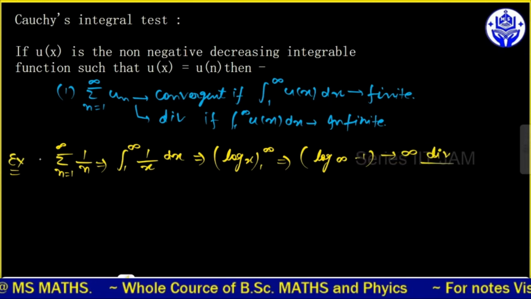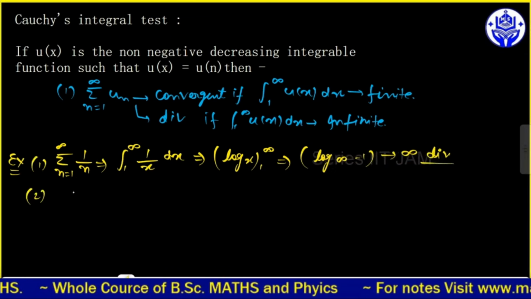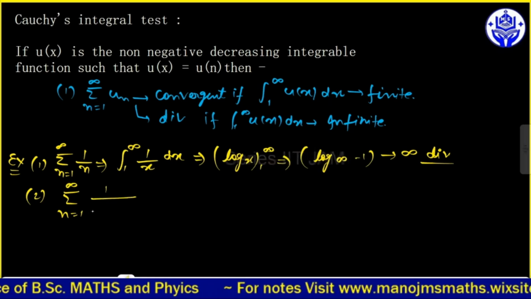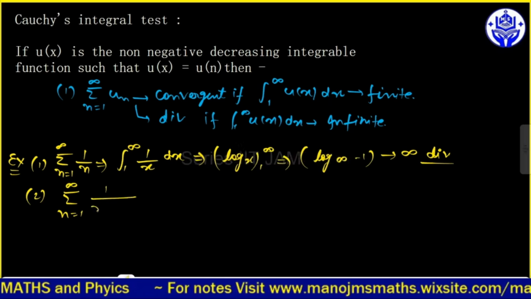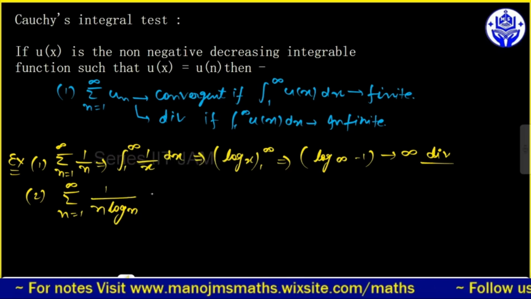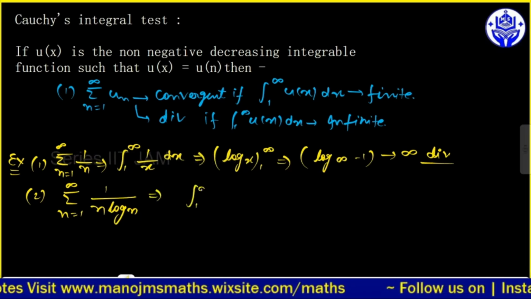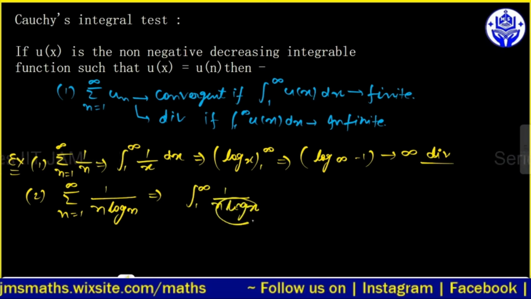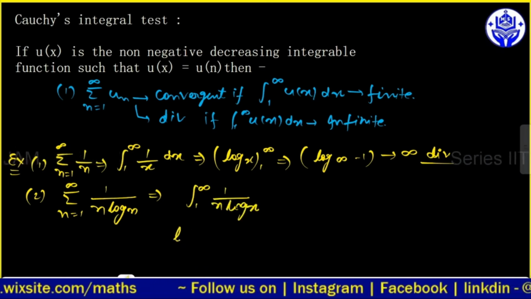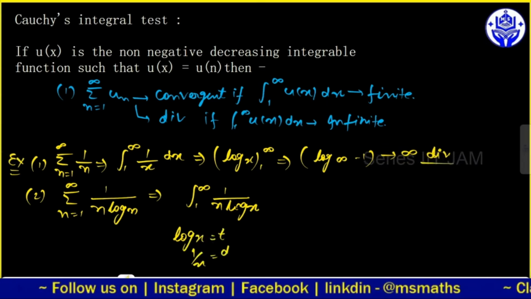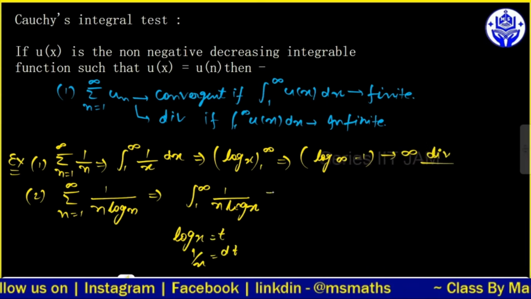सिमिलरली हम एक और एग्जांपल लेके इसको बिल्कुल इजीली समझ सकते हैं, जैसे n इज इक्वल टू 1 टू इनफाइनाइट, अगर हम ऐसा लेते हैं जिसमें हमारे पास n log ऑफ n है। अगर हम इसको सिंप्लीफाई करना चाहें तो इसको लिखेंगे 1 टू इनफाइनाइट, ये हो जाएगा x log x। अब इस log x को अगर मैं t लेट करता हूं, तो 1/x dx इज इक्वल टू dt मिलता है।